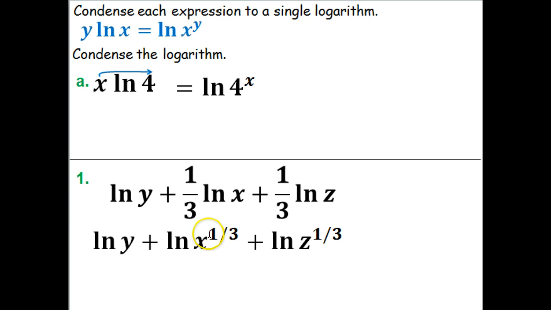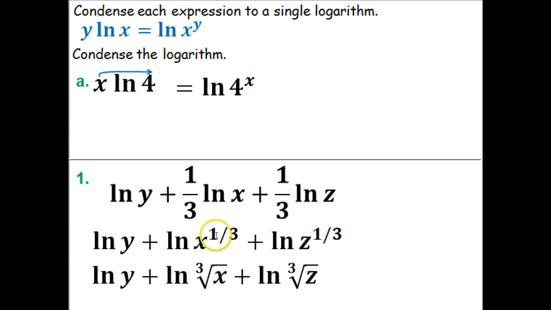Now, if this were, let's say, x to the 1/2, that would be the square root of x, or x to the 1/5 would be the fifth root of x. But since this is 1/3, it will be the cube root of x. So let's simplify that just a little bit further here. And again, these two here are equivalent, okay? x to the 1/3 is the same thing as the cube root of x. Okay, well, now that we've got that, now we've got all of these,